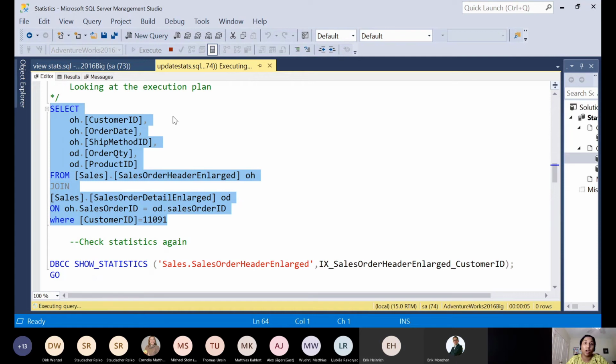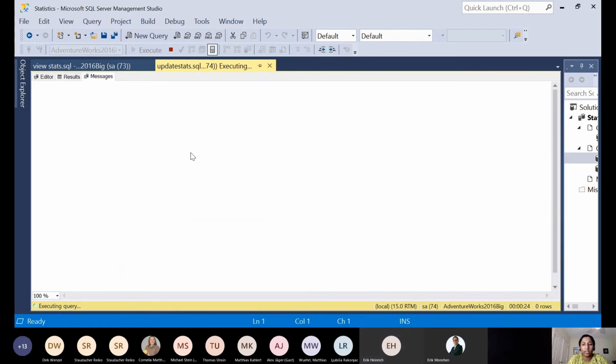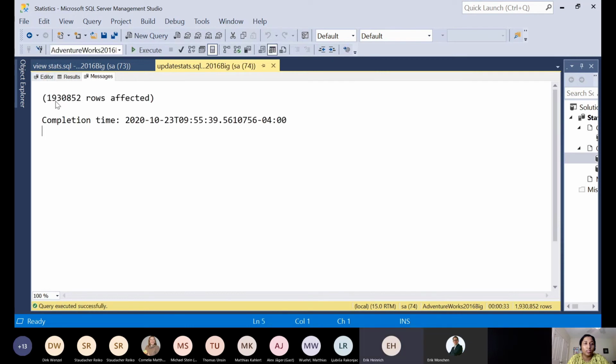Why? Because our update statistics did not kick in even though our row modifications are way above the threshold. As our update stats is turned off, it should not show us any change. Sorry, this is taking a while because we have too many rows for this table, 1.9 million rows.